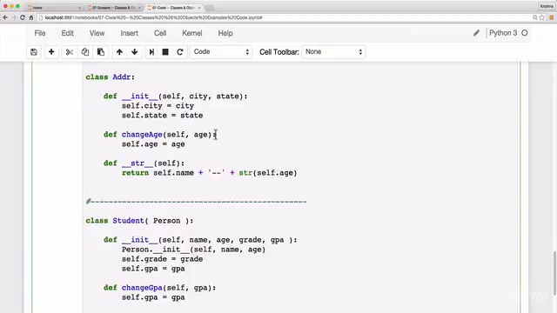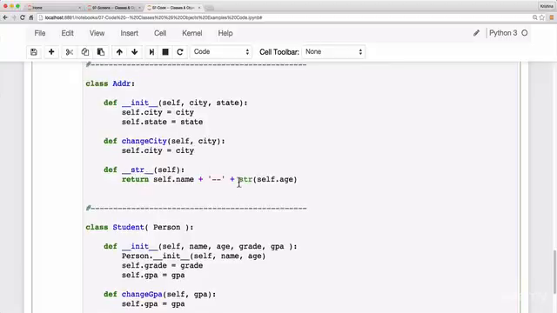All right, and let us say change city, and we'll pass the new city. Here we'll say city equal to new city,